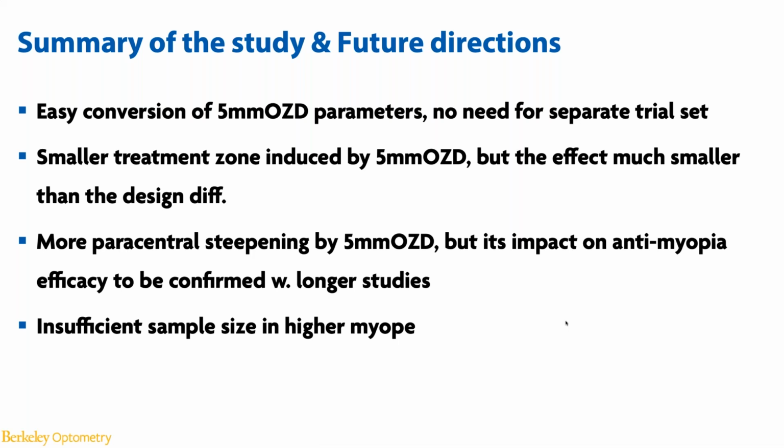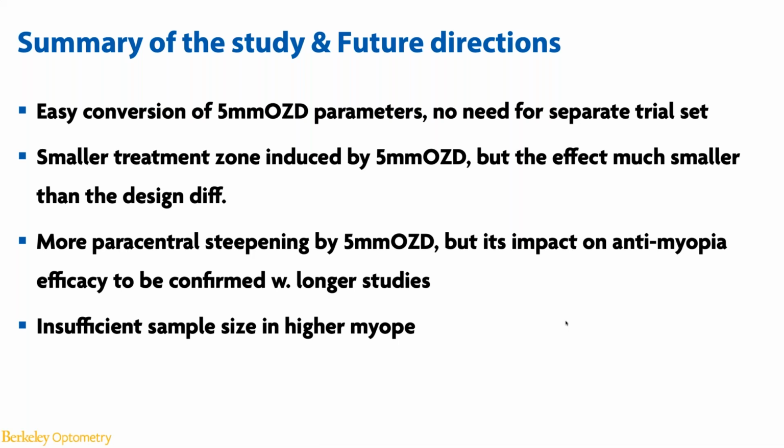And so for those of you who are used to ordering lenses empirically, or you've already had a diagnostic set with the traditional 6mm OZ, you do not need to invest in another 5mm OZ